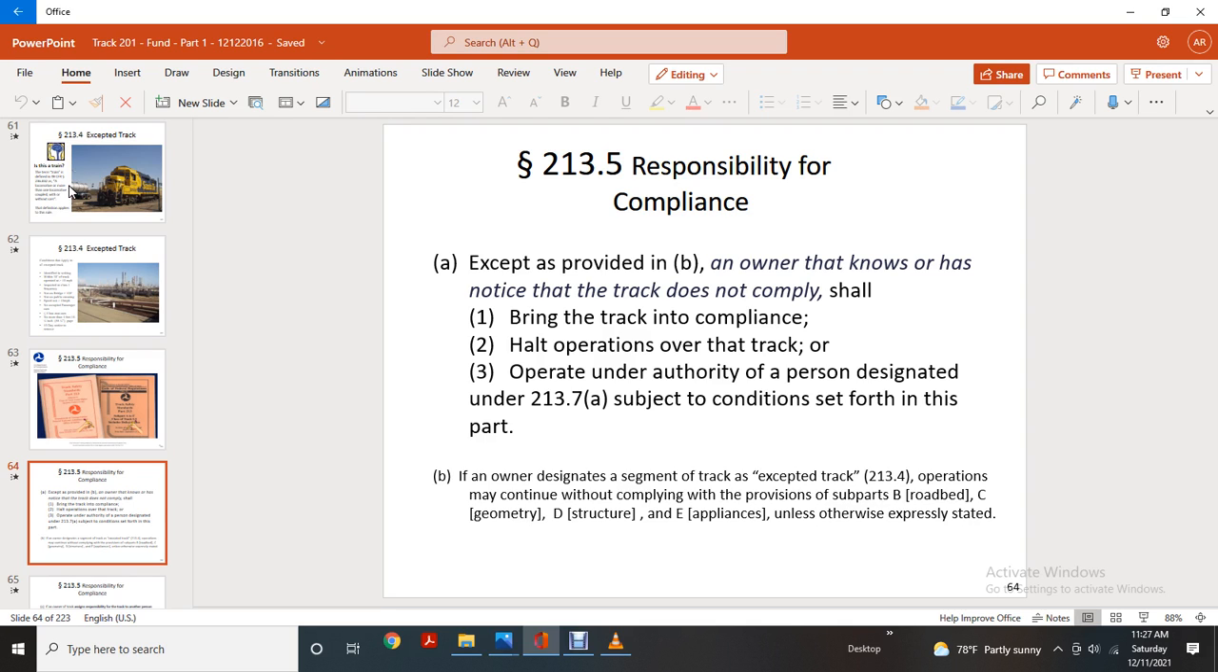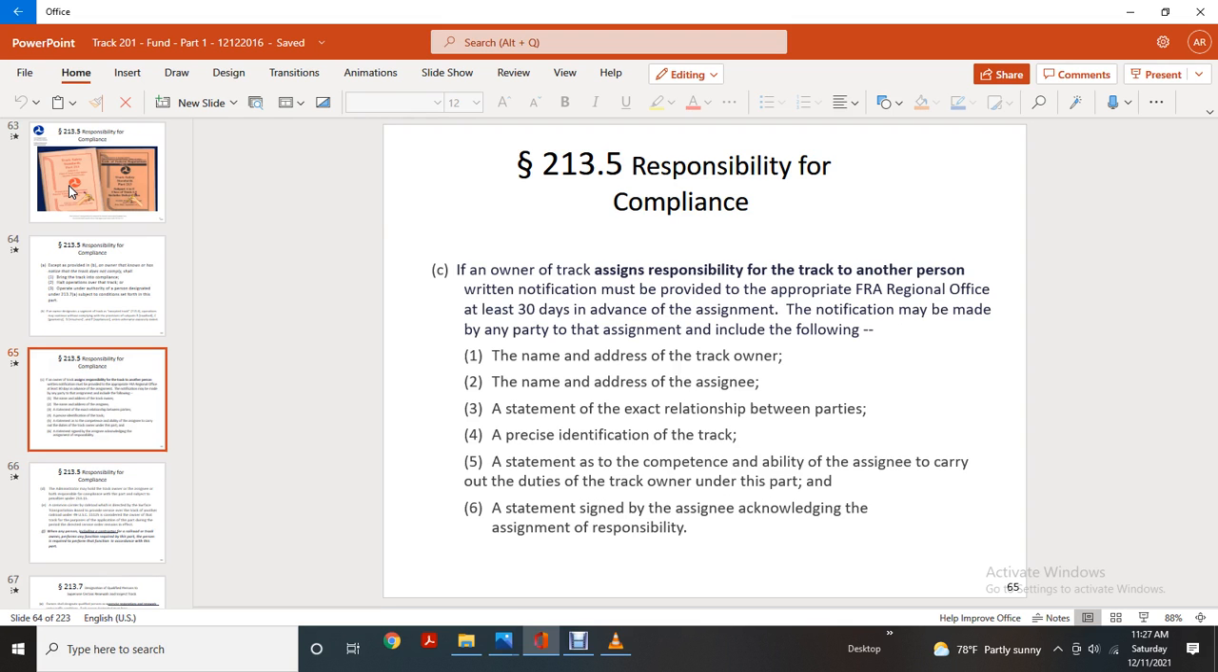If the owner designates a segment of the track as exempt under 213.4, the operation may continue without complying with the provisions of subpart B (roadbed), C (geometry), D (structure), and E, unless otherwise expressly stated. 213.5, responsibility for compliance: if the owner of the track assigns the responsibility of the track to another